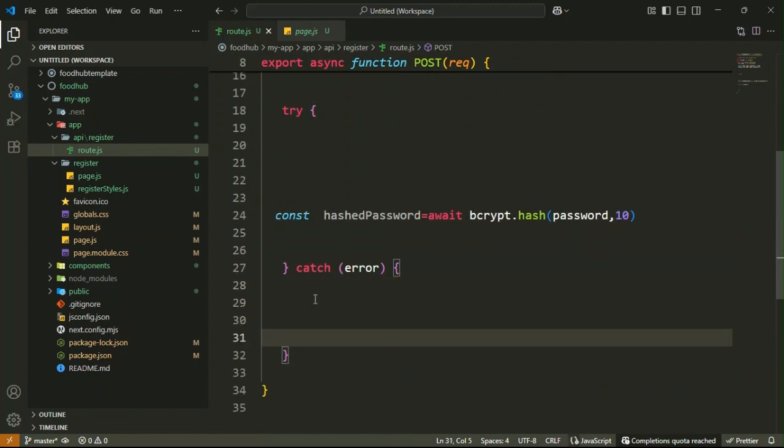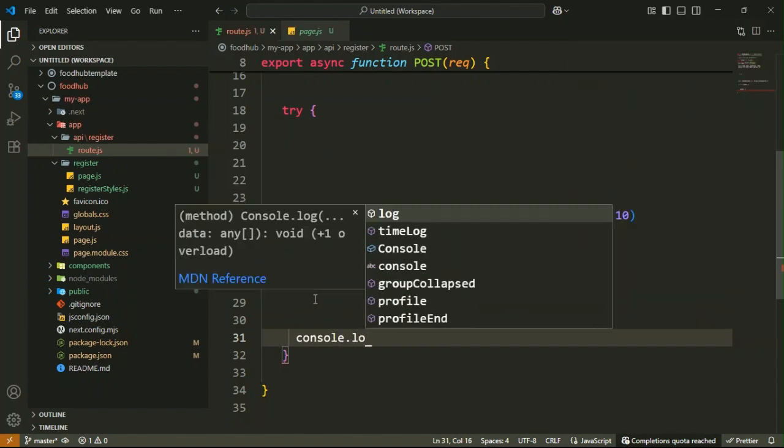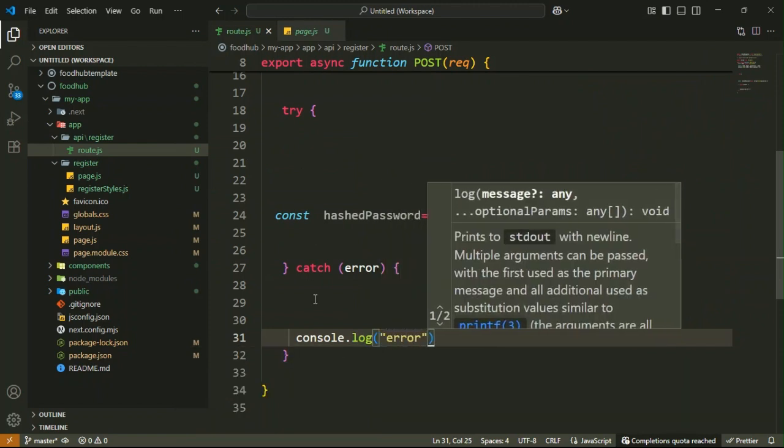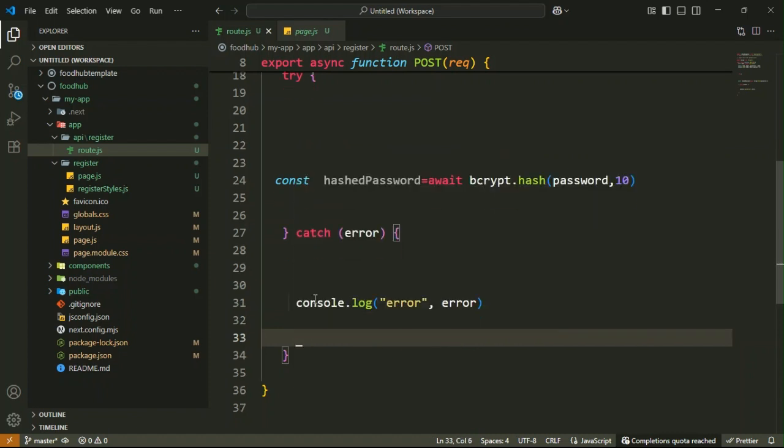Inside the catch block, log any server, database, or bcrypt error for debugging purposes. Just write console.log, then inside it write error messages, print that error, then return a 500 internal server error message with the error message to the client side,